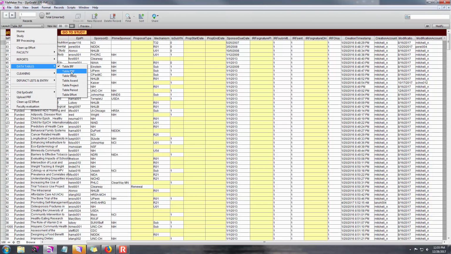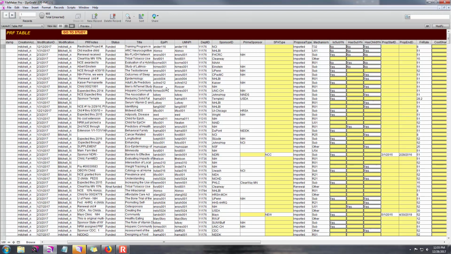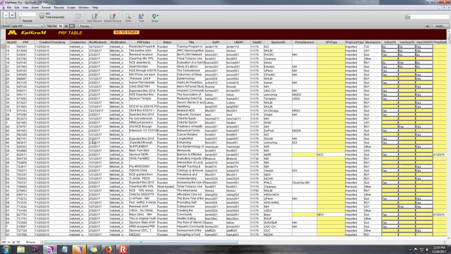So I'm going to move on to the PRF table here, and it's much the same situation as the other tables as far as fields are concerned. I will do some searching through, and for example, this one is apparently a subaward. Yep, subaward, and we've got the prime or the sponsor ID, but not a prime